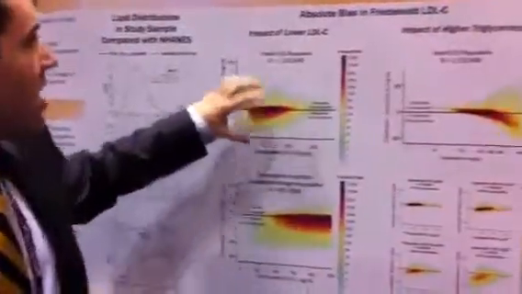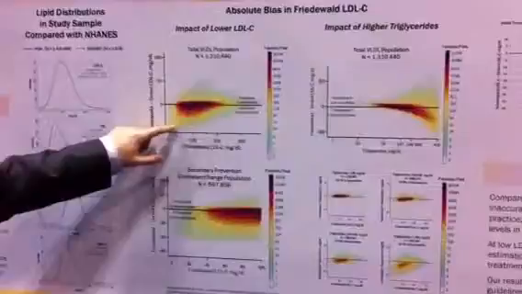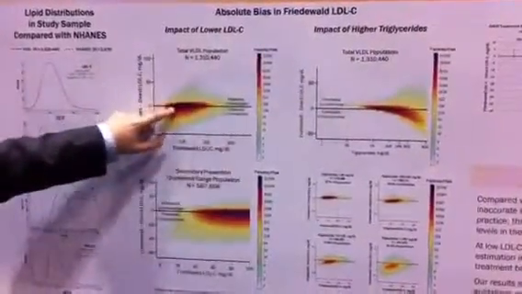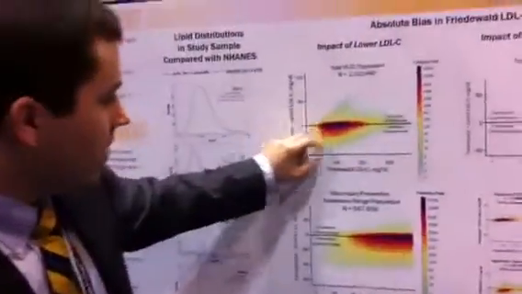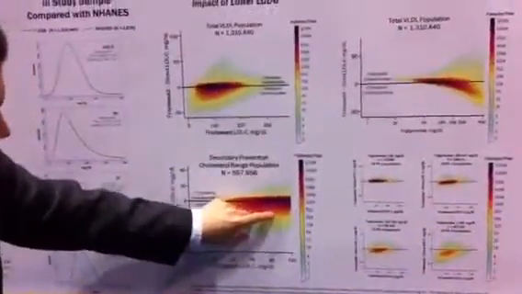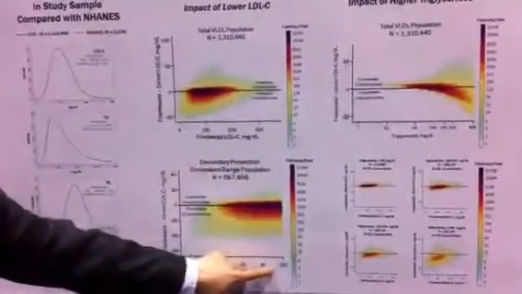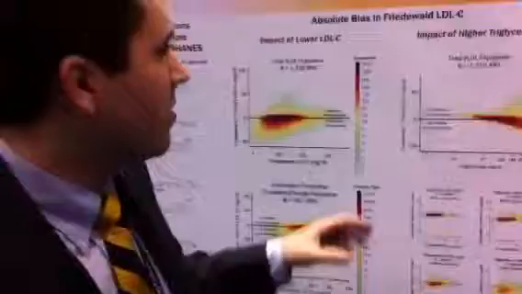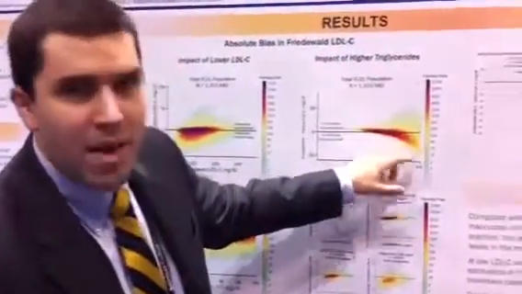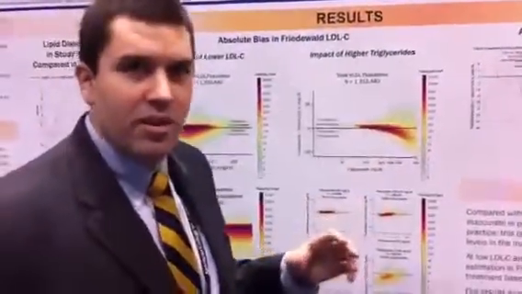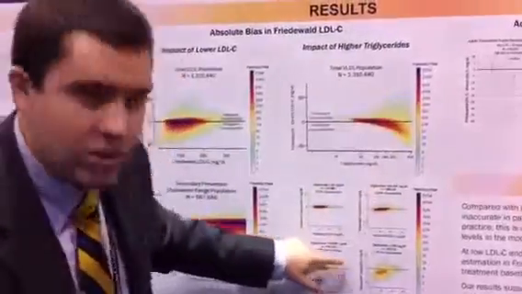sample. As LDL cholesterol lowered, we saw more underestimation. So anything below this line here is Friedewald estimation of LDL cholesterol being an underestimate. And this was especially the case in this group with LDL cholesterol less than 100 milligrams per deciliter, so the secondary prevention population. As triglycerides raised, we saw a skyrocketing in the magnitude of underestimation of Friedewald. And these are groups stratified by triglyceride groups.